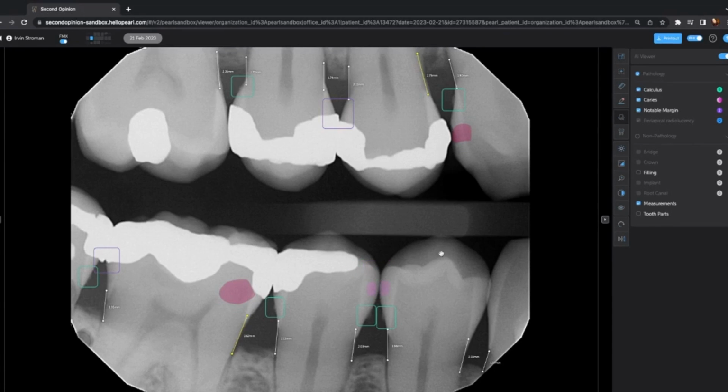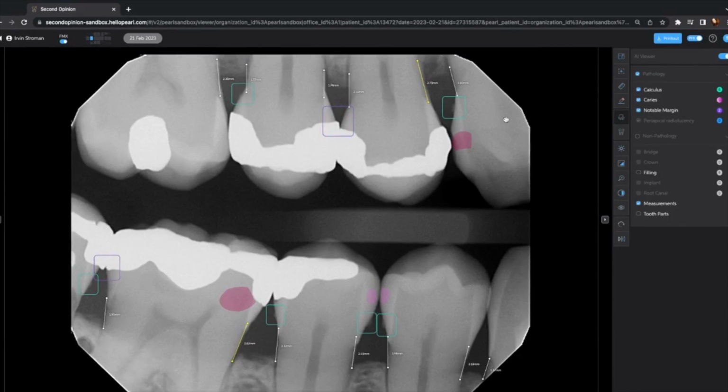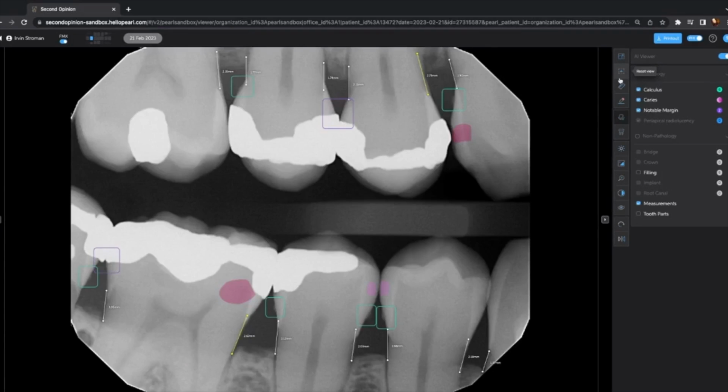Now we give you a full toolbar located on the right side of the screen as well. There's a full screen mode, or if you happen to move your image around on the screen to review a spot maybe a little bit closer or better, you can also reset the view with the second icon down. We're giving you a ruler, great for using to measure working length for endo or implants. And we give you an edit tool.